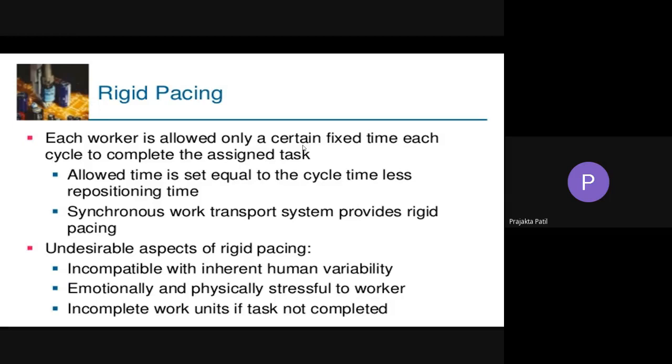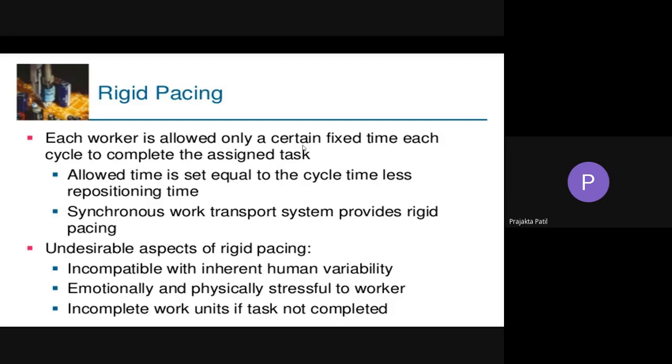So this basically may inhibit the completion of subsequent tasks at the downstream stations. Whatever task is left undone on the work unit at a regular workstation must later be completed by some other worker in order to yield an acceptable product. Here you can imagine the utility workers come into the picture, because they are responsible for covering up for whatever delays or incomplete work has been assigned.